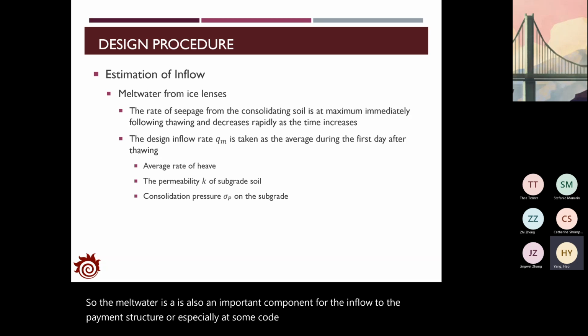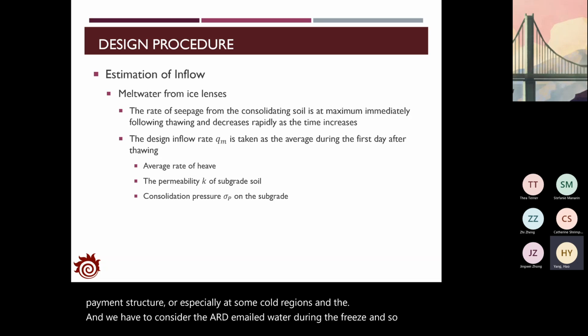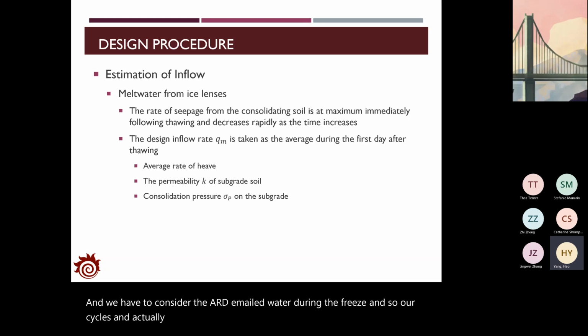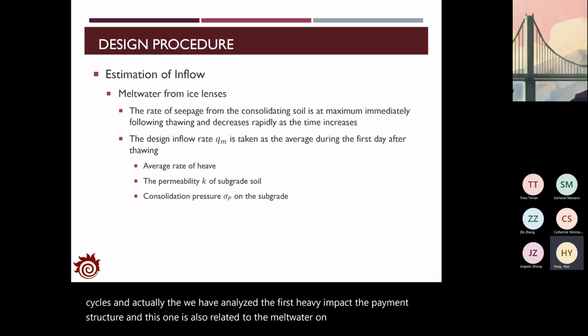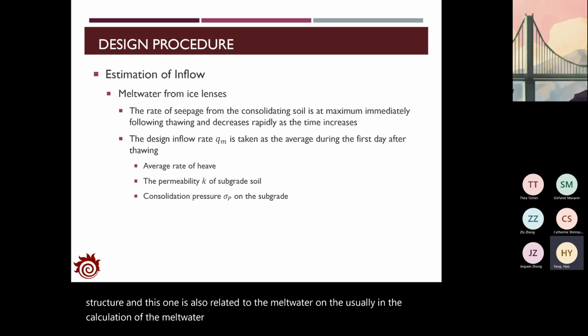regions, and we have to consider the meltwater during the freeze and thaw cycles. And actually, we have analyzed the frost heave impact to the pavement structure, and this one is also related to the meltwater. Usually in the calculation of the meltwater flow rate, we will consider the rate QM as the function of three variables,